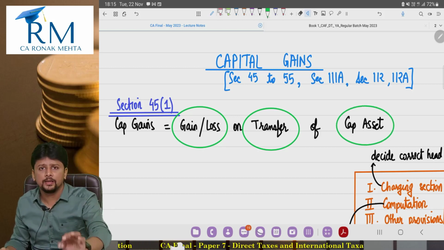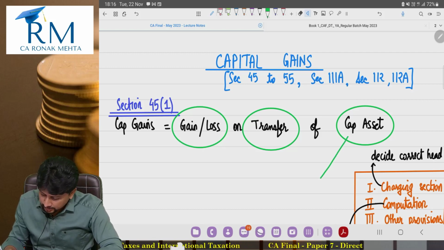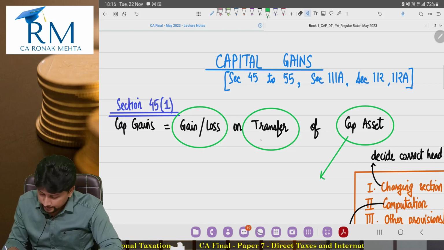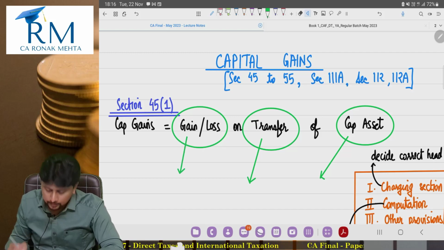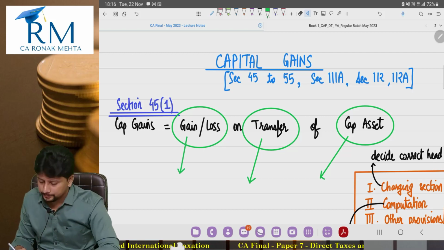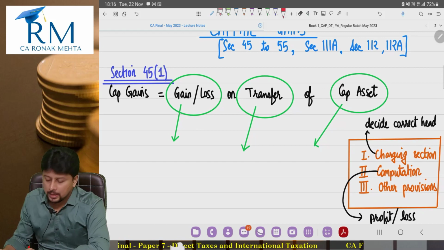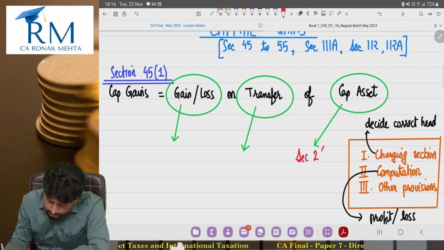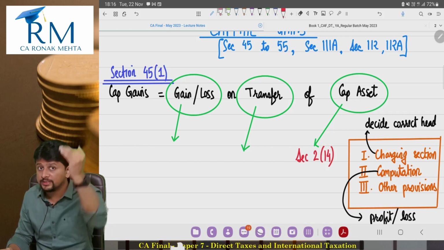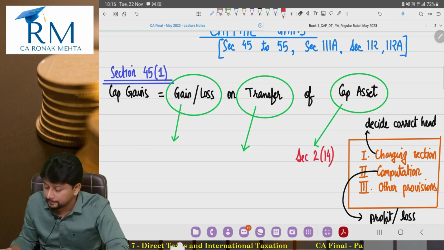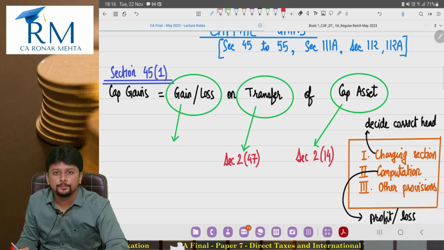I can divide the charging section of capital gains into these three parts, these three categories. Number one, there must be a capital asset. Number two, it must be transferred. Then whatever profit or gain I get will be as per this head of income. Now, why did I do this? Pretty simple. What's a capital asset? Section 2, clause 14 defines the term capital asset. Remember, section 2 is a list-type definition section, if you remember the first lecture. Section 2, clause 47 defines the word transfer.